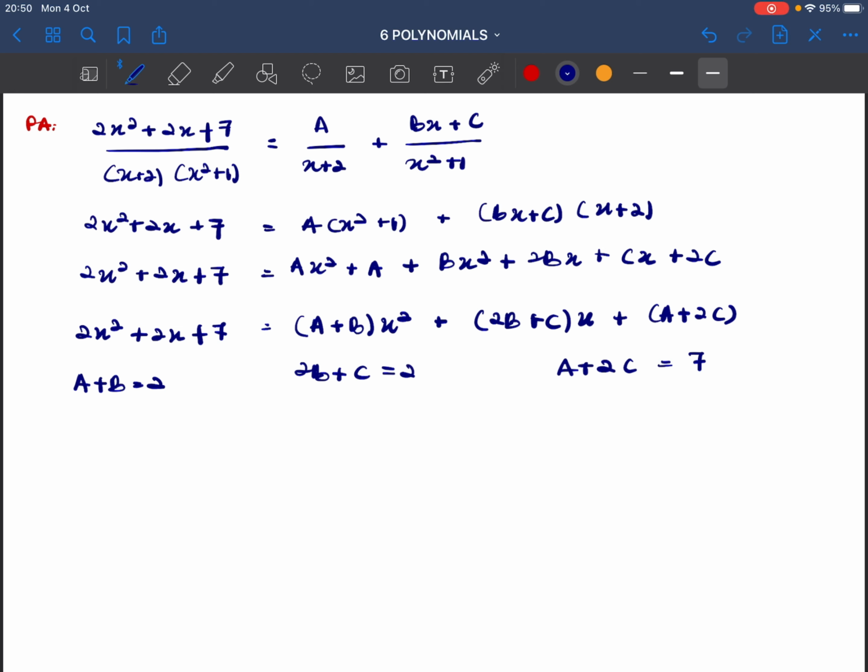Okay, so now kita ada 3 unknown dekat sini. So cara yang paling senang ialah kita link into something. So contoh dekat sini, saya nak a equals to, kita boleh letak a equals to 2 minus b. And here you have a. Let's put it as 2 minus b plus 2c equals to 7. And then kita jadikan b kita subject. So we will have b equals to